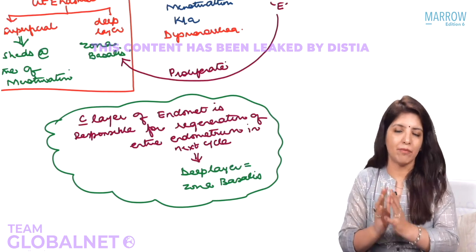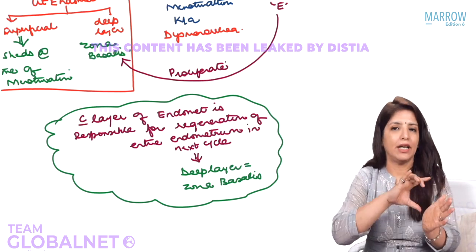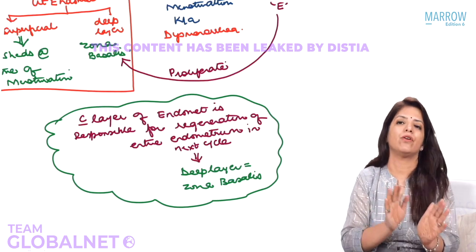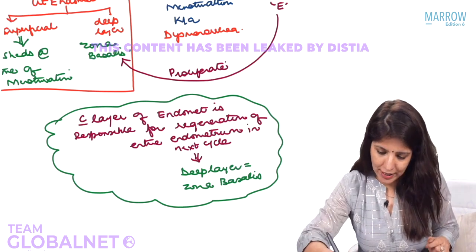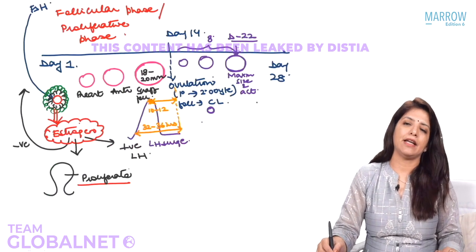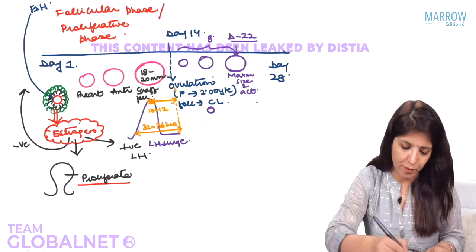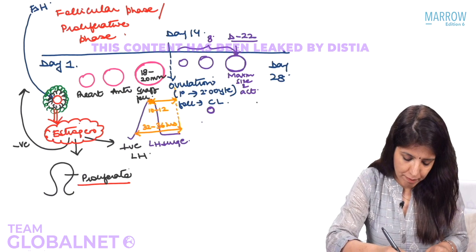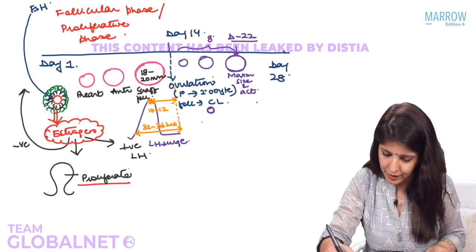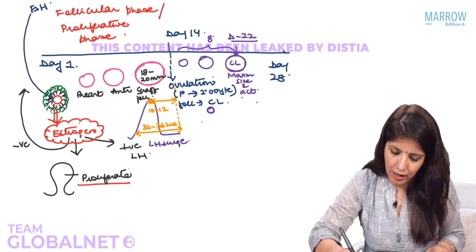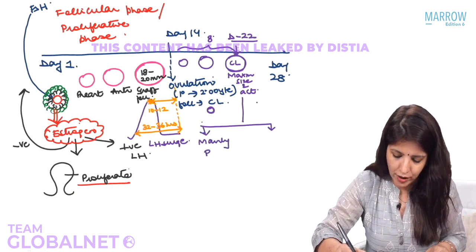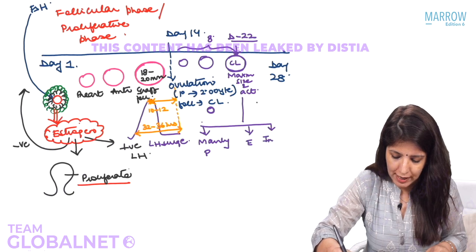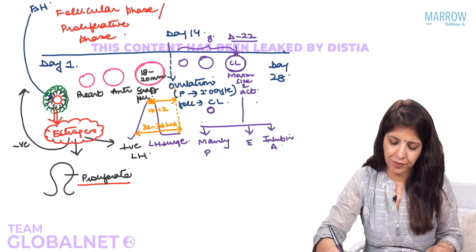Now, before we end the menstrual cycle, we will go back to the line diagram. We will complete the line diagram and write some more important questions, one-liners on the menstrual cycle. So go back to your line diagram. In this line diagram, you had drawn that on day 22, the corpus luteum has maximum size and maximum activity. This was the corpus luteum. Now, this corpus luteum produces mainly progesterone. Apart from that, estrogen and inhibin A.